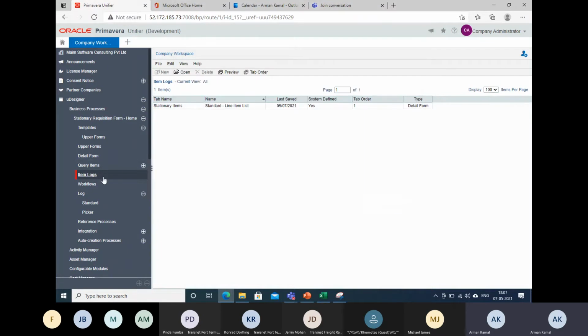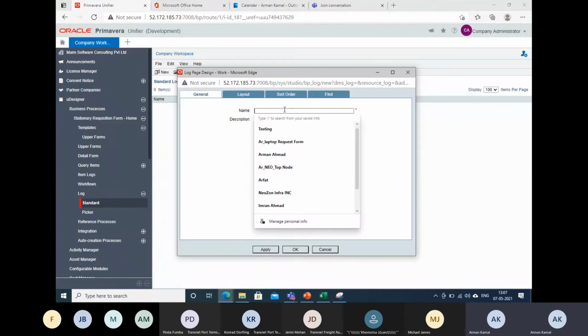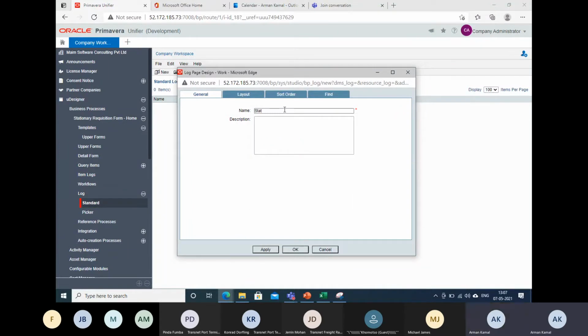I'm going to the upper form log. This is something which we already did. In the upper form you need to create the item log, it will automatically be created. You just have to add the values. So I will go to standard and put stationery item workflow. Okay.